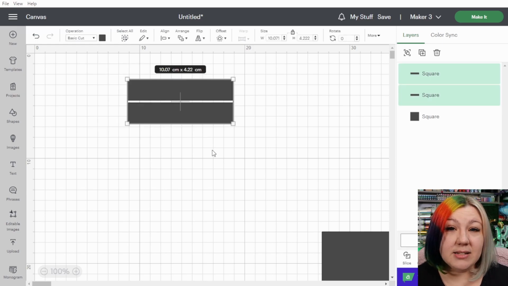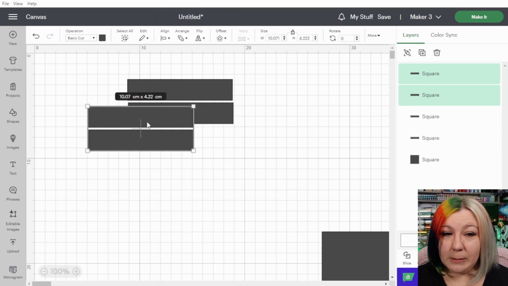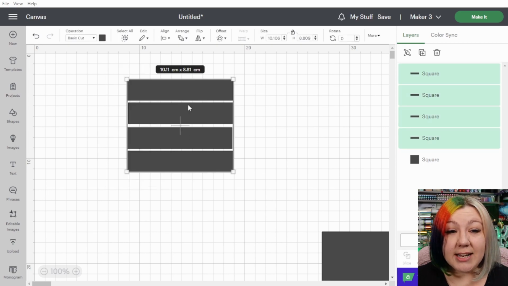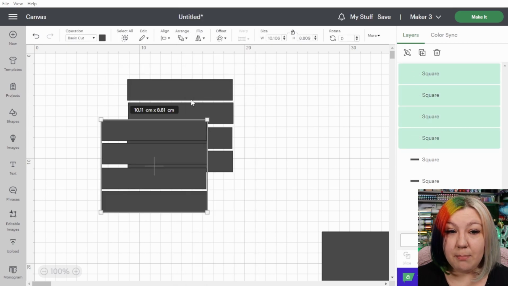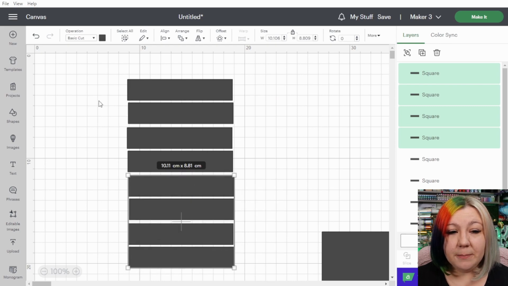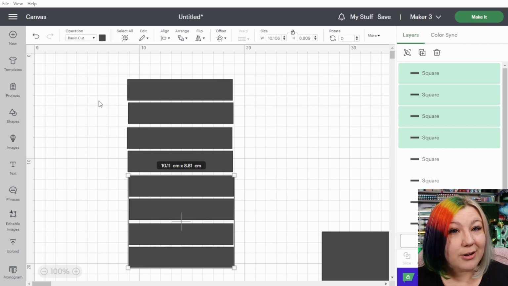And when I release it, they will both be selected. So I'm going to right click and then duplicate that as well. And now we have 4 sentiment strips. So I can continue to do this exact method until I have lots of sentiment strips. And there we go. We have now lots of sentiment strips that would have taken quite a long time to